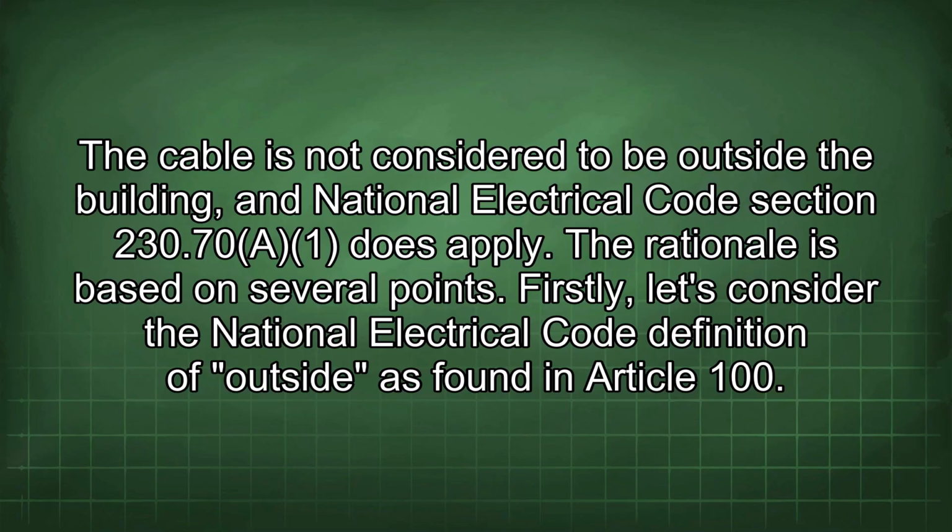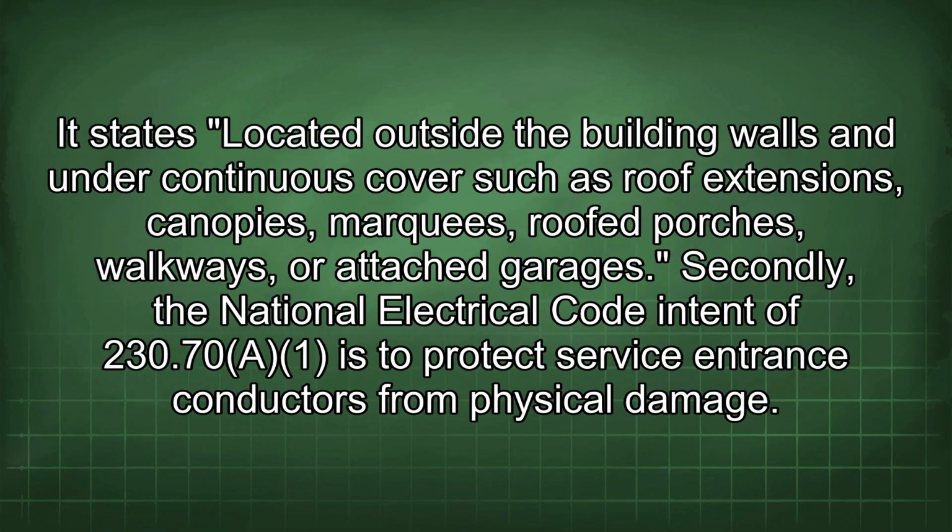cable is not considered to be outside the building, and National Electrical Code Section 230.70 does apply. The rationale is based on several points. Firstly, let's consider the National Electrical Code definition of outside as found in Article 100. It states: located outside the building walls and under continuous cover such as roof extensions, canopies, marquees, roof porches, walkways,